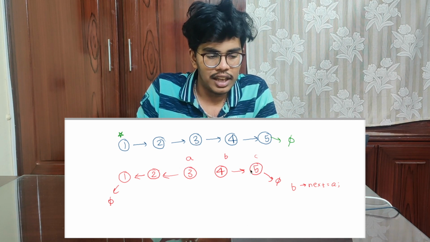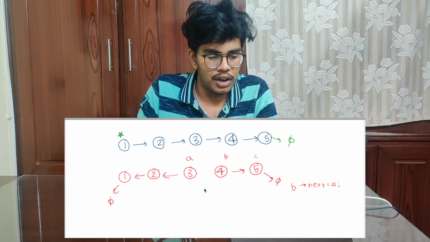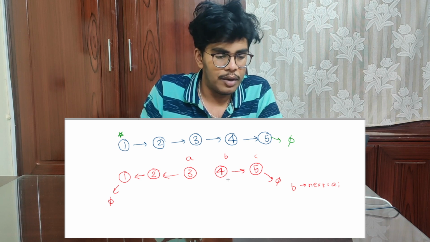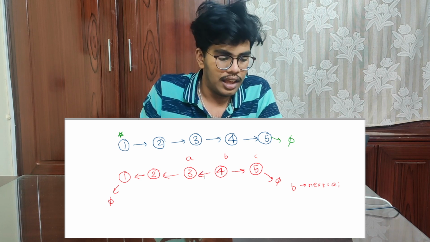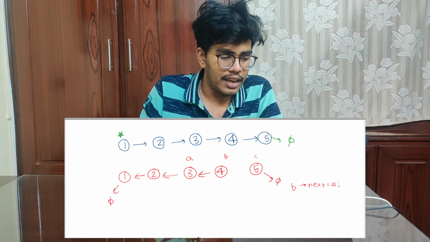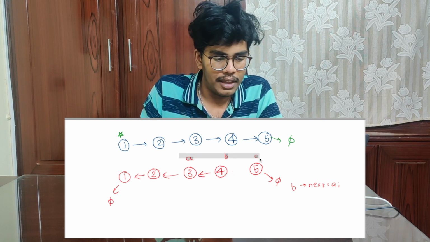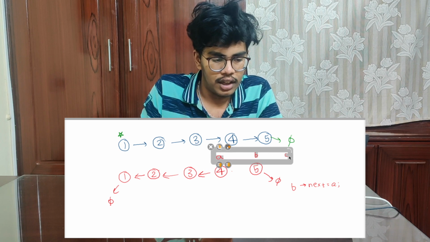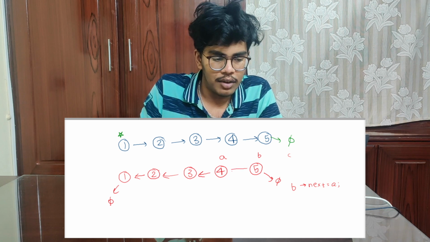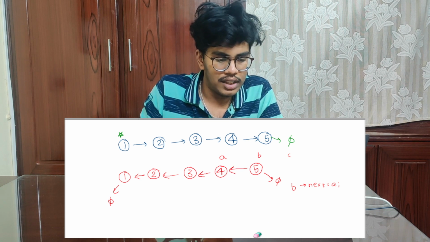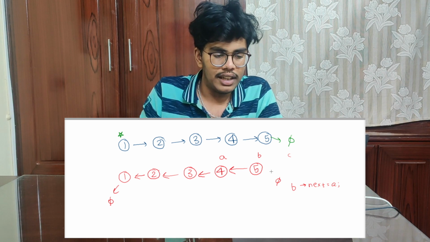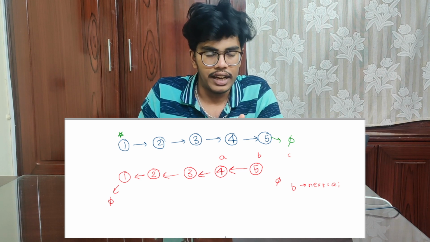So we have access to the next node, and I'll perform the same statement, B dot next equal to A. This statement will connect B to A and then erase the connection between B and C. Again, what I'll do is quite simple: I'll just move A, B and C one position right. Again I'm connecting B dot next equal to A, and then I'm losing the connection between B and the null pointer. So basically you have completed the complete traversal of the linked list, right?